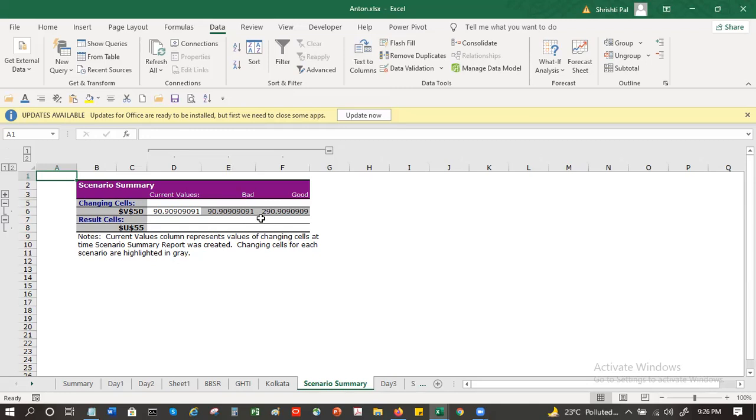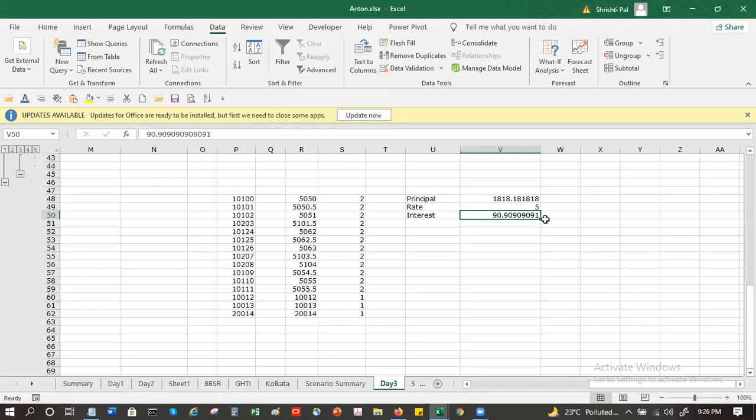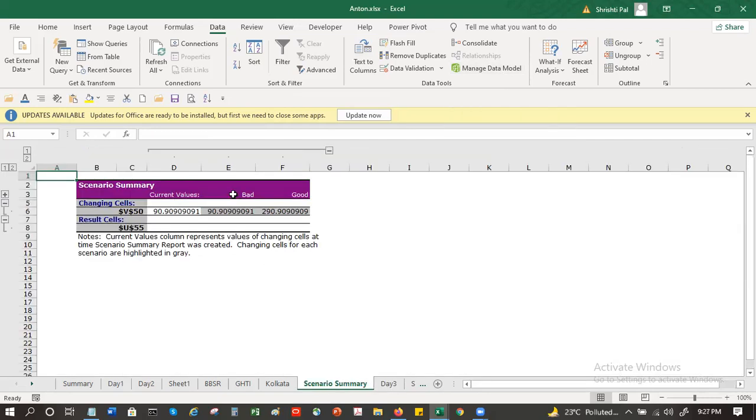So if you're trying to do some kind of forecasting, or you're trying to guess what kind of business or collections can happen, you can do a good, bad analysis. Based on that, the system can give you a comparative analysis. You can have multiple scenarios here, not just one scenario, like you can see here, multiple good, bad, like this.